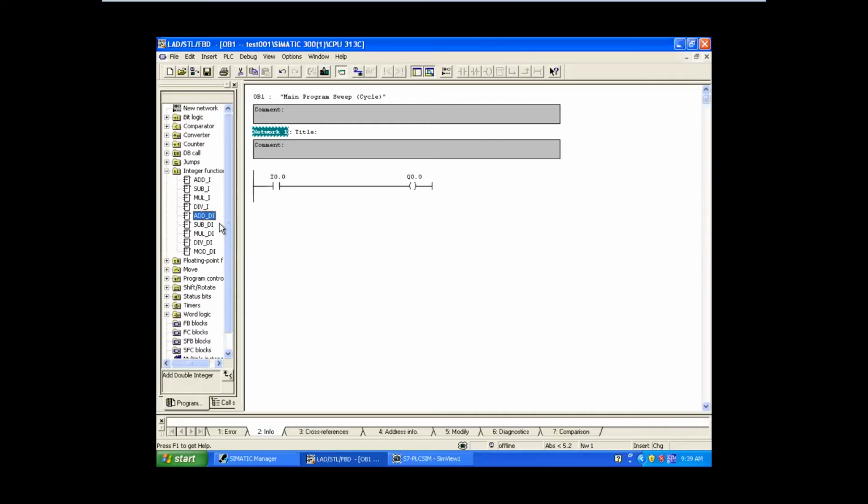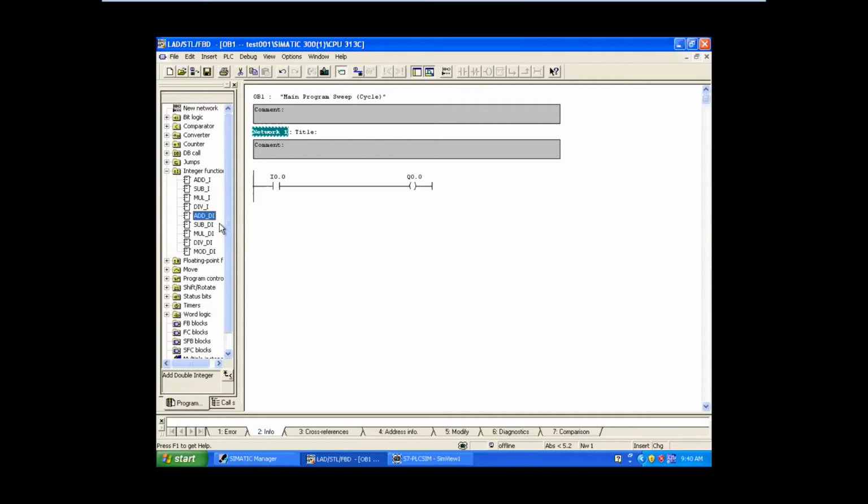We'll see that in the next session, the arithmetic functions for floating point numbers. This is not common for all PLCs. In Allen Bradley and some other PLCs, there will be only one addition block. But here in Siemens, we have a different arithmetic block for different data types. Got it? So let's move on to the topic today. We'll do the integer functions for integer and double integer.